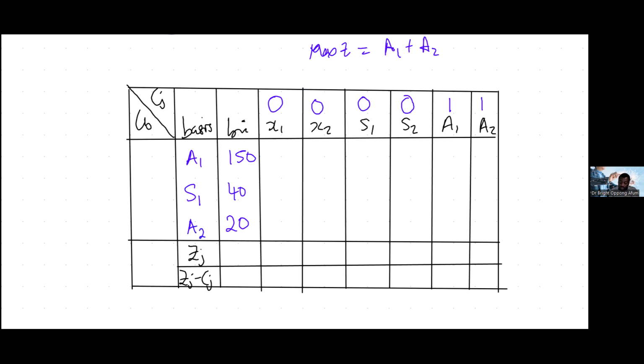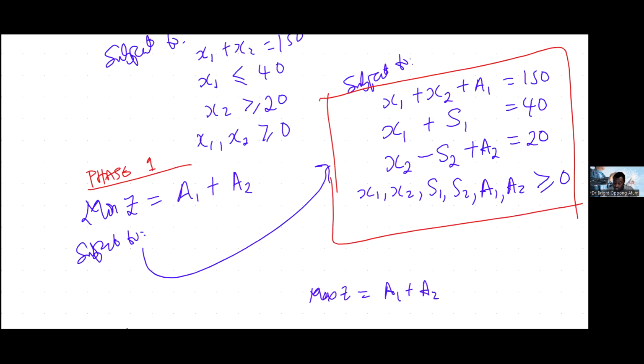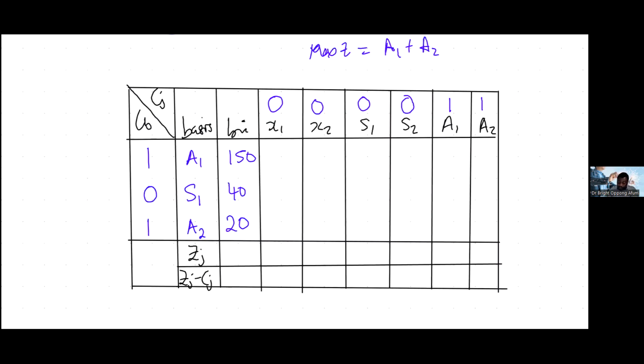So what's the corresponding CBs? They are 1, 0, and 1. Okay, so if we are to fill in the various contributing resources for X1,